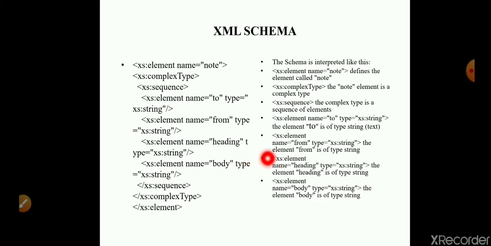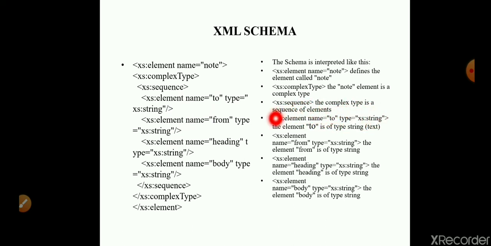Next is XML schema. XML schema starts with xs. The XML schema has an element name equal to note, and it defines xs:complexType. It defines the type as complex, and then xs:sequence. The description is given here.